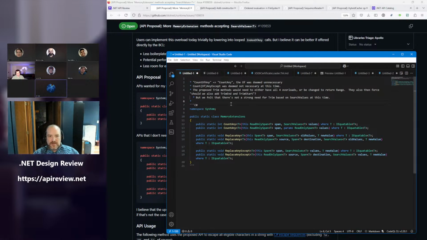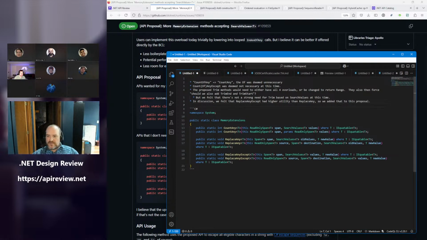Since we're talking about all the new method groups, would we want remove any? At least from what I've seen, replace is often used with empty string to just remove everything that's invalid. Would that apply here? Would you return a length or something, or the span? It would be like trim. Well, there's no remove method, so you'd be introducing remove any except. And would it compact? Is that the idea, that it would shorten the length of the output? Yeah, I'm not saying we actually need it, but